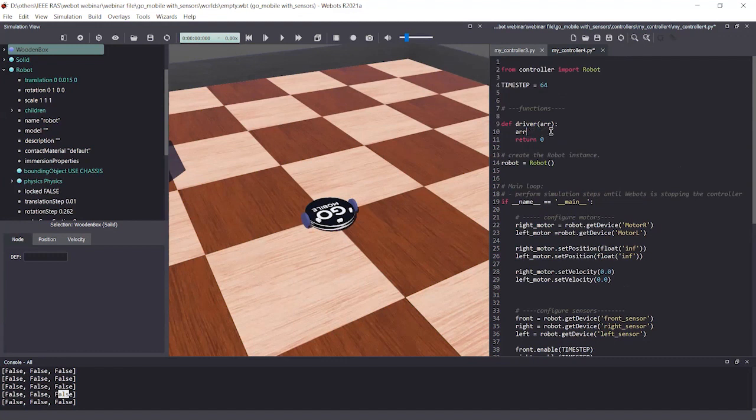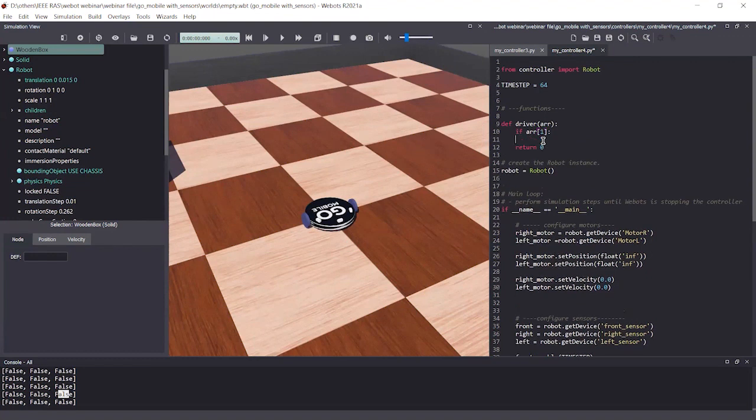So let's build the driver. This driver is looking forward. So he looks in the forward direction. What will this driver do? If this driver sees the front wall in this part, this driver will say okay, wall ahead.